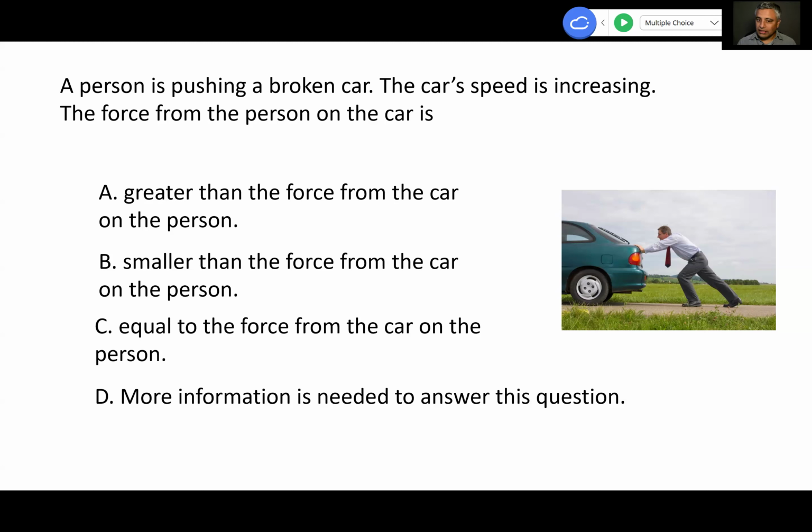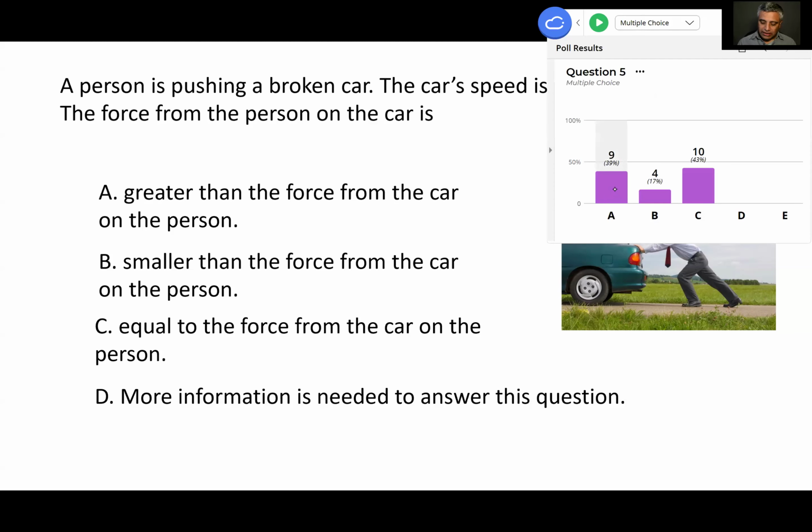Okay, it looks like I cannot hear anything. Okay, anything but silence. So in this case, A is... it looks like I got one direct message that says the car is not producing force, but is instead being applied force from the person. So I don't know if I am wrong or A is wrong or right. You did not write that. And when you write, it's a good idea to write to everyone rather than just to me,